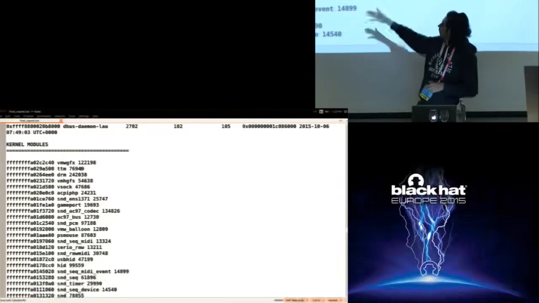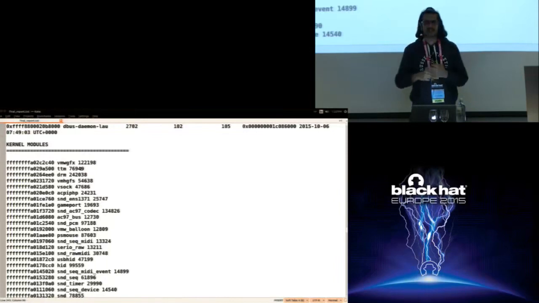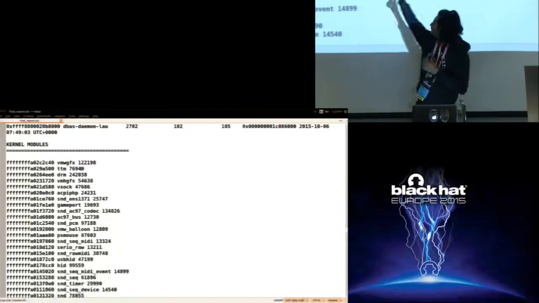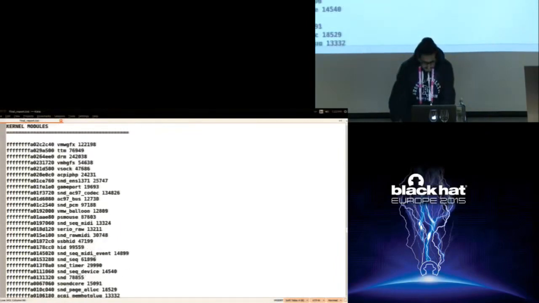If you look at the kernel modules, you'll see that the Sutrusu kernel module is not present in the module list. The reason is that Linux keeps track of active modules as a linked list. In this case, the Sutrusu rootkit unlinked itself from the list to hide itself. So if you're running live forensic tools like lsmod, this is what you will see. You will not see the presence of the Sutrusu kernel module here.